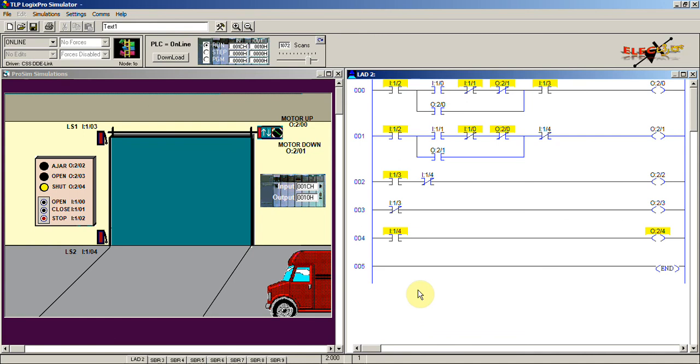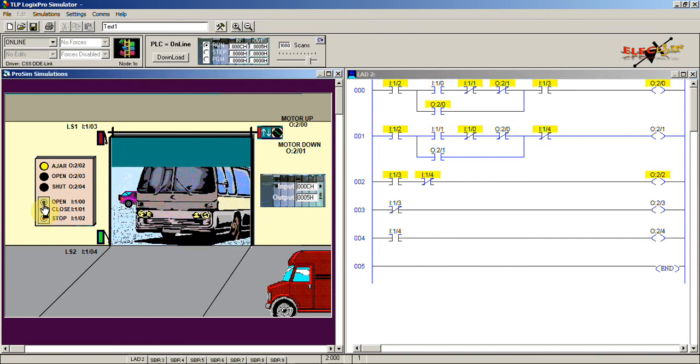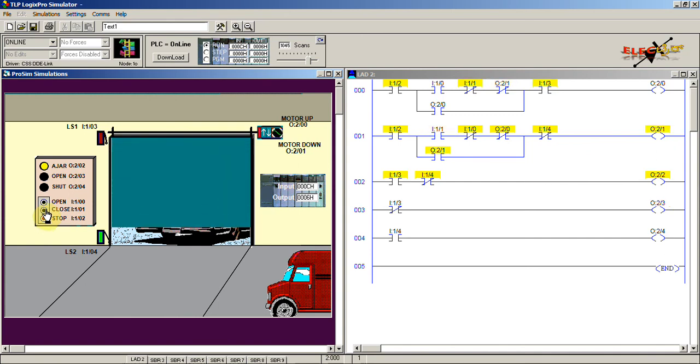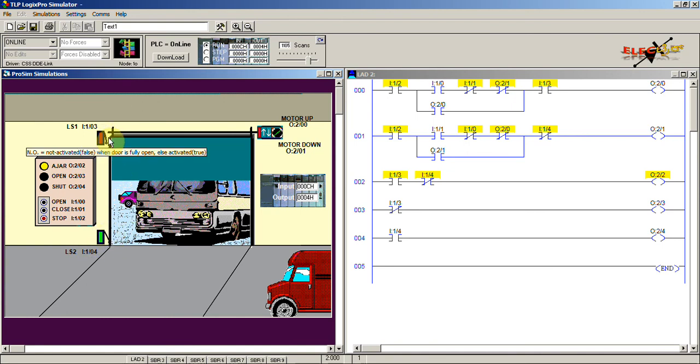Now we will see how the program will operate. Once I press the open, the door will start opening. Here you can see that the door is open now, and you can see the indication door is open. Then you press the close push button, the door closes, and the indication shows that it is closed. Now we will see what happens when the door is only half open. At that time, press open and then press the stop push button. Now the door is only half open, so it is showing ajar. This is an indication that the door is half open. You can see that this limit switch is open now and this one is closed.